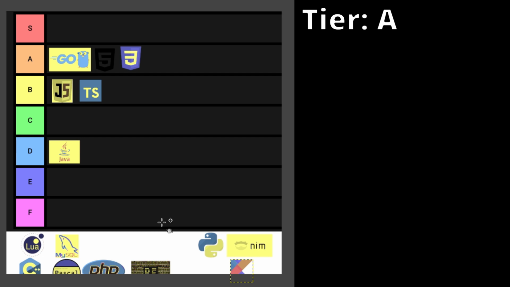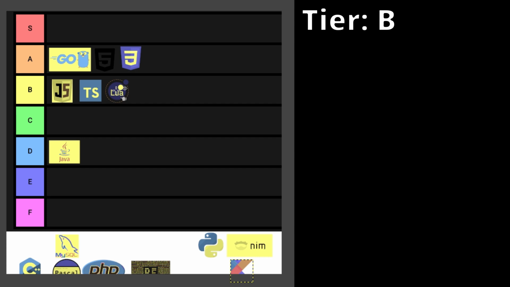Popularity-wise, it is lacking a bit. So some answers might be a bit difficult to find online, and a lot of communities are still very small. But thanks to Fireship, this seems to be taking a turn, and might become a bit more popular in the future, but for right now the popularity is still a little bit low. In my opinion, Lua used to be one of my favorite programming languages, and for a very good reason. It's incredibly fun to code in, and as for that, I'm going to bump it up a little bit and put it here in B tier.